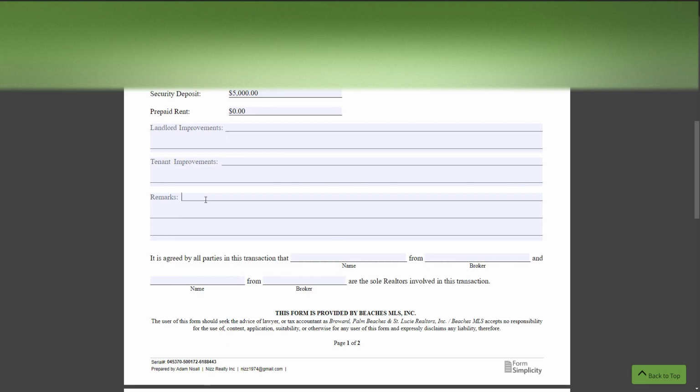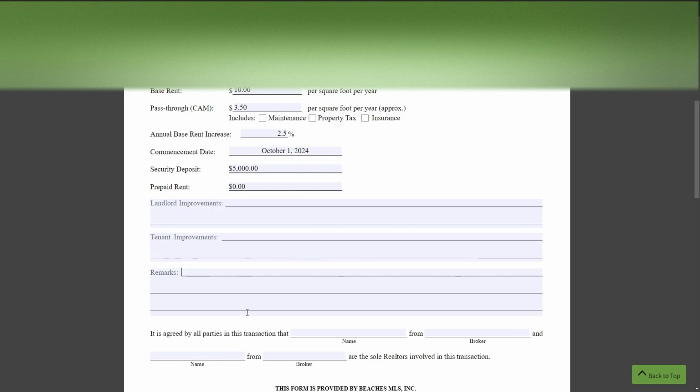You could put things in here if you want to state that there are additional property taxes. Usually in commercial, the tenant is going to be responsible for their portion of the property taxes. In the state of Florida, and I think only in the state of Florida, there's a rent tax, like a commercial rent tax. Hopefully it's going to disappear in the next year or two. I believe it is, but at the time of making this video, there's also a rent tax that the tenant will be responsible for. And then, of course, usually insurance is there as well.